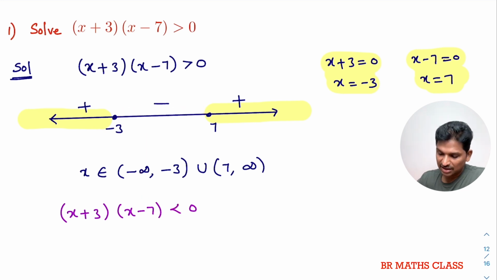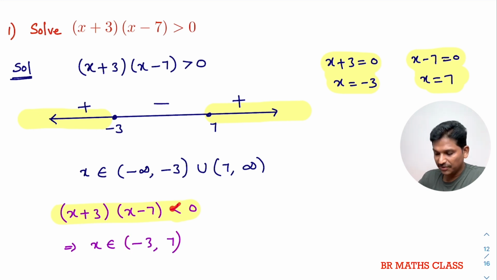For example, in between minus 3 and 7, 0 is there. 0 plus 3 is 3. 0 minus 7 is minus 7. 3 into minus 7 is negative. Satisfying. I hope you are understanding. Suppose if the question is like this, then what is its solution? Its solution for this inequality is open interval minus 3 to 7. Here they given strictly less than. That's why this is open interval. For the same question, if they given less than or equal to, then we will write closed interval minus 3 comma closed 7,